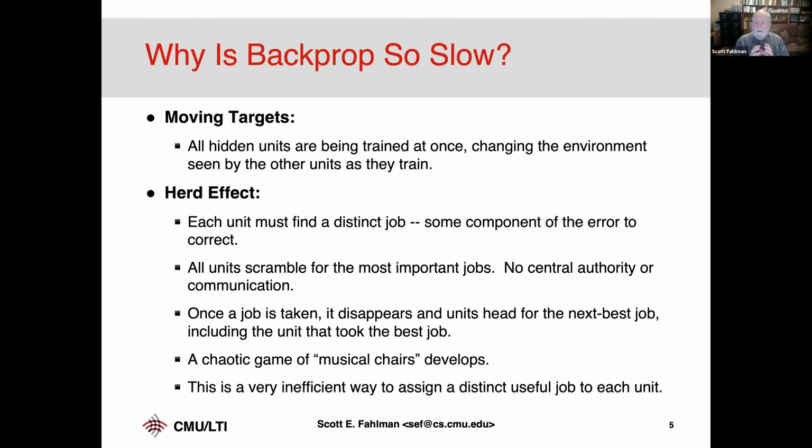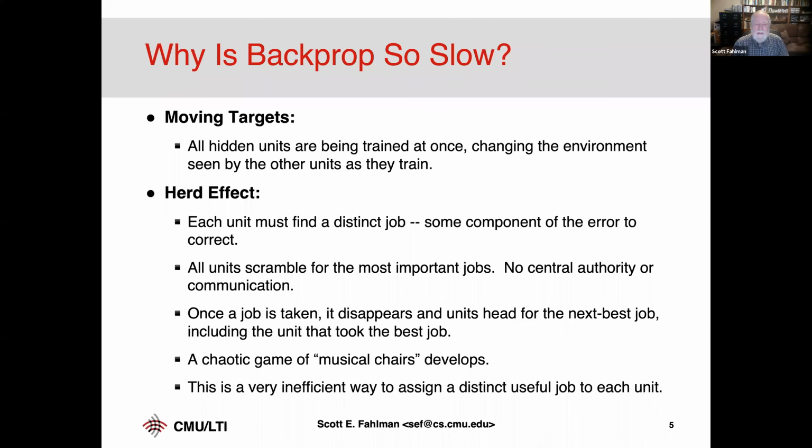So if you had only one unit that was learning, you'd be getting your inputs, you'd be seeing some residual error in the network, and you'd be trying to reduce that. You'd be adjusting your weights to get that done. And you can learn pretty fast in that case, especially if you've got something adjusting the learning rate for you. The problem is that all the other units are being trained at once. So the error signal you're working on suddenly is changing out from under you, and the other units are grabbing pieces of it, and all the units are interacting, and you're in this very chaotic space. So you can't go directly to the answer and nail it. You're cooperating with 1,000 other units. And they're all doing crazy things that you have no idea what they're doing. All you know is the error signal is changing out from under you.